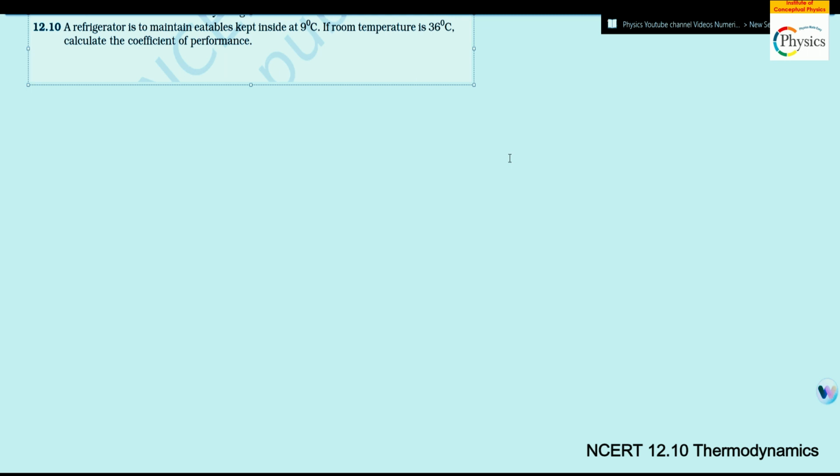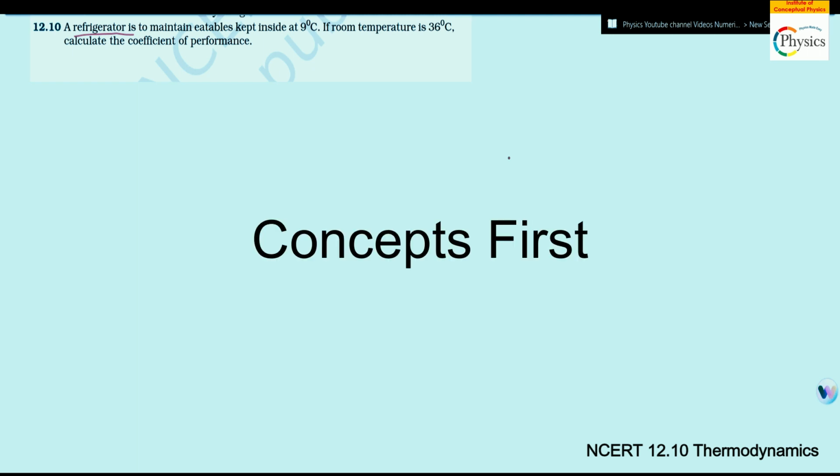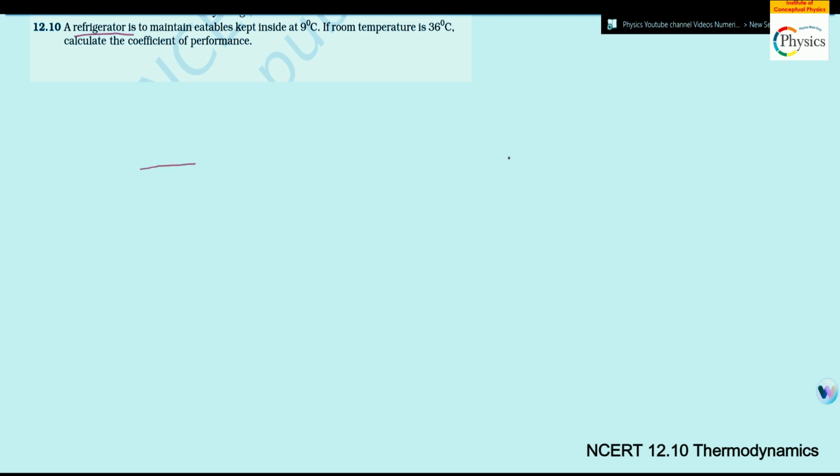The chapter is thermodynamics, and the topic we are focusing on is the refrigerator. If you see this numerical, it is focused on refrigerator. Now let's talk about refrigerator. What is a refrigerator? A refrigerator is basically a mechanism in which, for example,